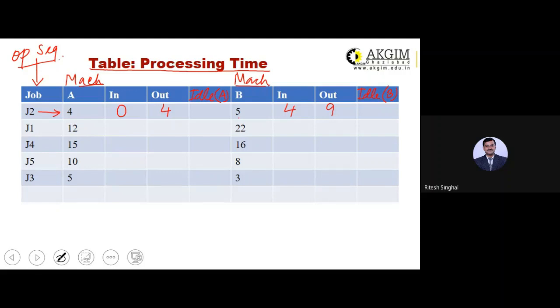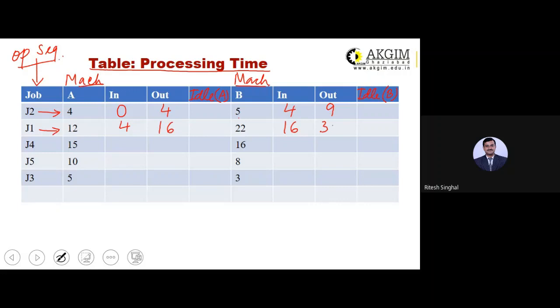Now, the second job is J1. You should start this job as and when the machine is free, that is at the 4th hour. It requires 12 hours. So 4 plus 12 is 16. Now, when this job J1 enters machine B, you should start at the 16th hour. It requires 22 hours.